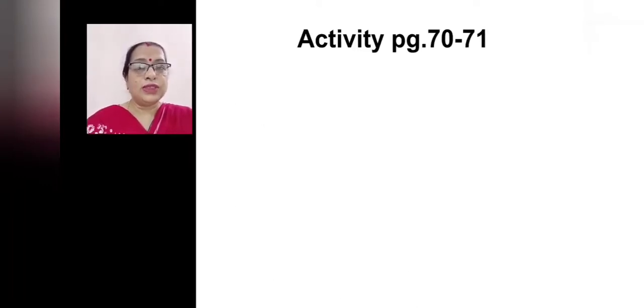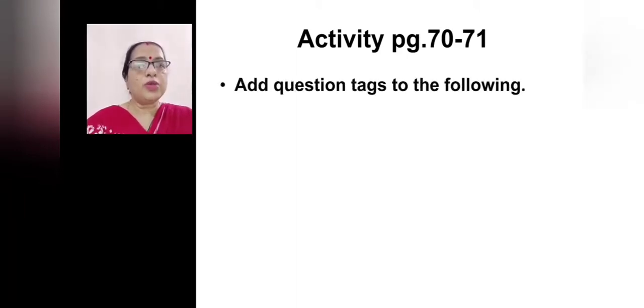Now, this is the activity from your grammar workbook, page number 70-71. Add question tags to the following. Kishore will come. After that, comma is there. So what will be the question tag, children?